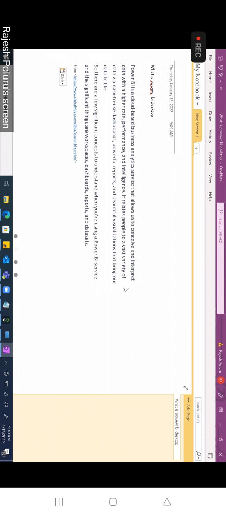Snowflake is the latest tool. That is a data warehouse. That is also cloud technology, but that is not a Microsoft tool. Snowflake is also an ETL tool, where you do all the extraction, transformation, and loading. Everything you do that. Same like Power BI, same like Power BI, but it is